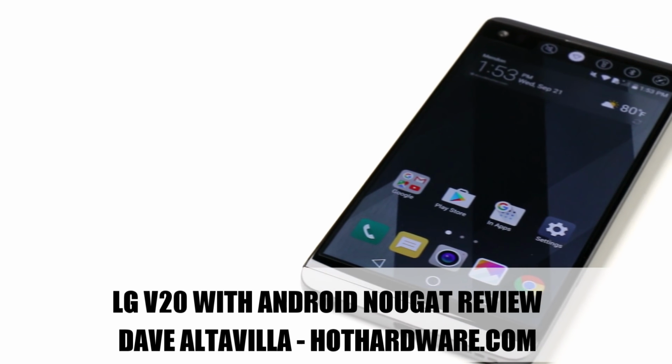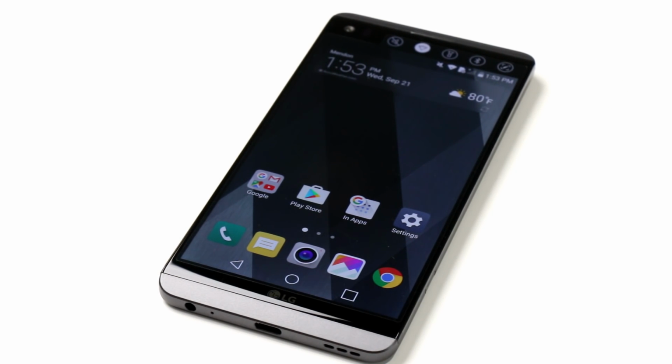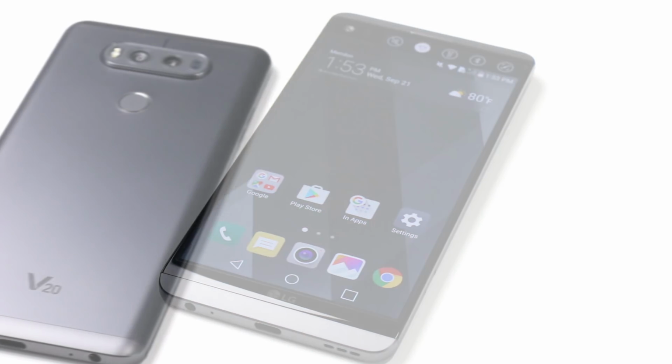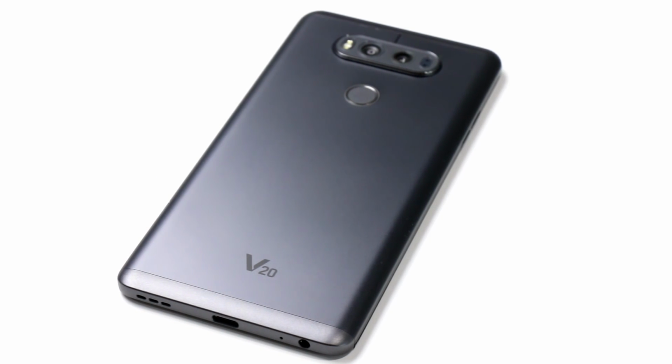Hey there, it's Dave Altavilla for Hot Hardware here with LG's V20 Android Nougat powered flagship superphone. The LG V20 is the follow-on to last year's LG V10 and a quick current follow-up to the modular LG G5. LG's V series focuses on high-quality, premium, large-format builds with all the bells and whistles, and the V20 is